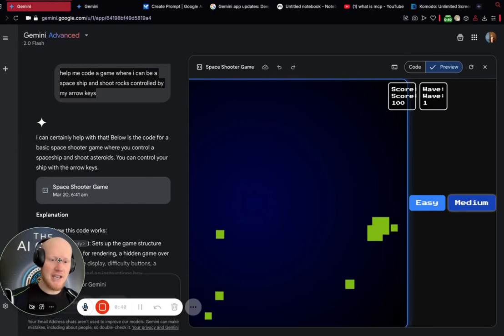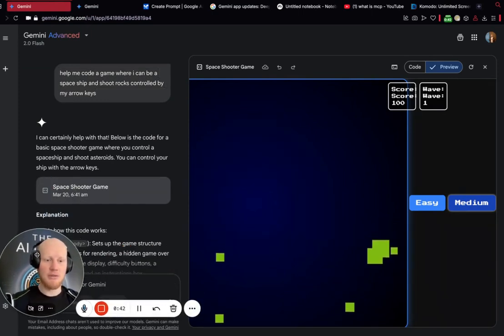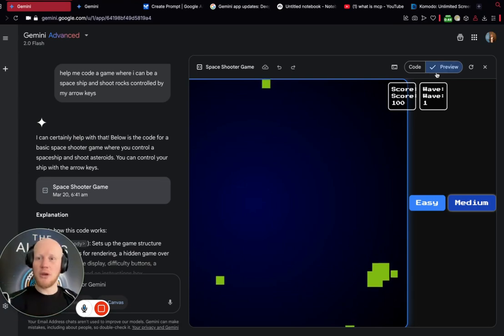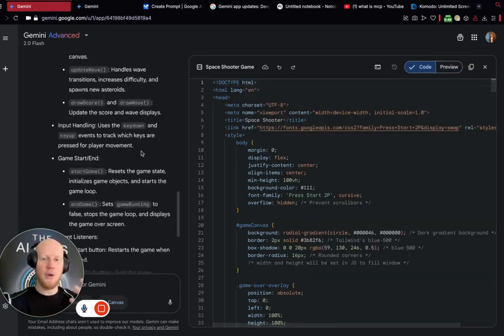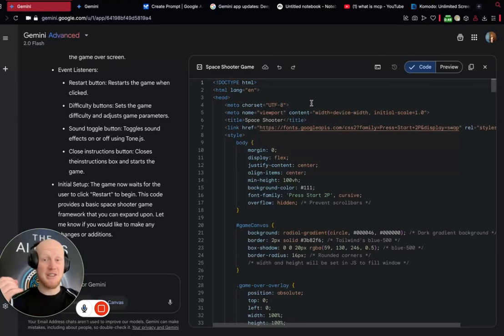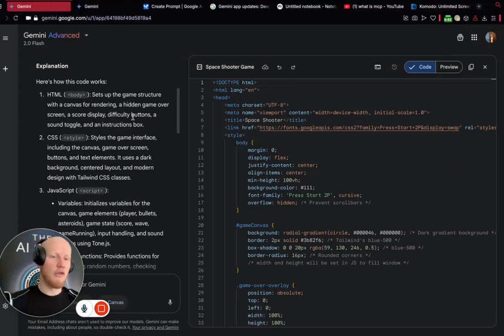They've just released this. This is their new canvas, right? And you can do the same thing that you can do in Claude. You can preview it. You can look at the code here. You can make those prompts, and you can see all of the details in here. This is the first time I'm messing around with this, first chance I've had, but it is amazing, and you can run through all of these prompts, right?